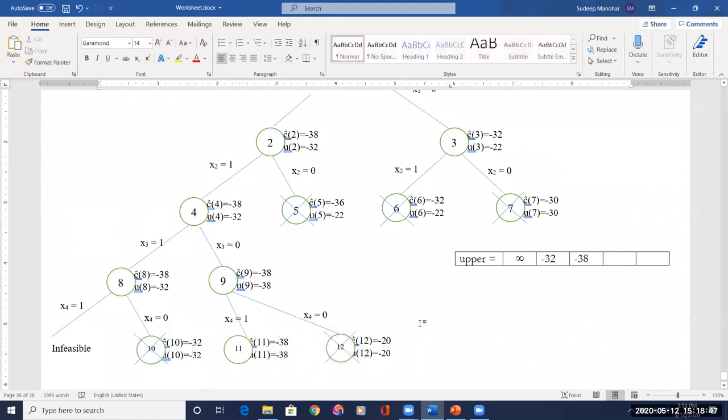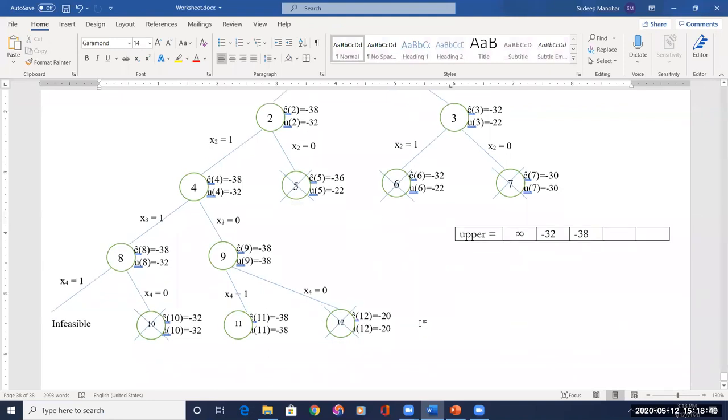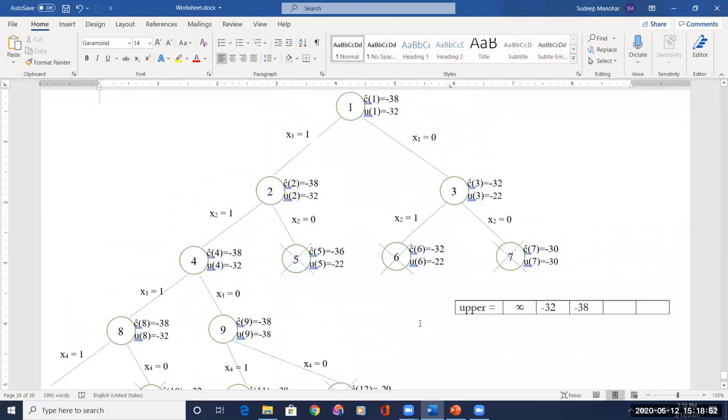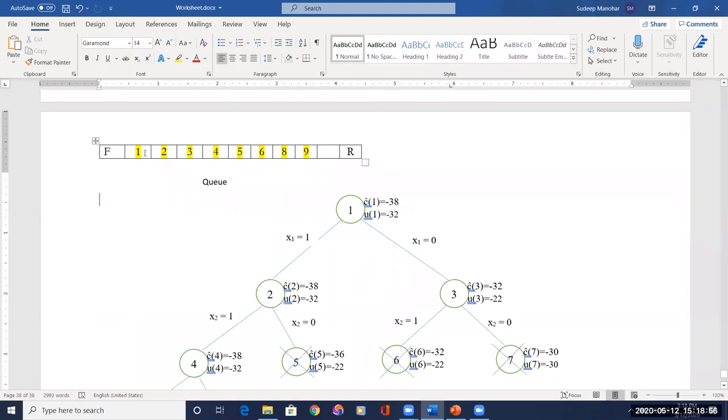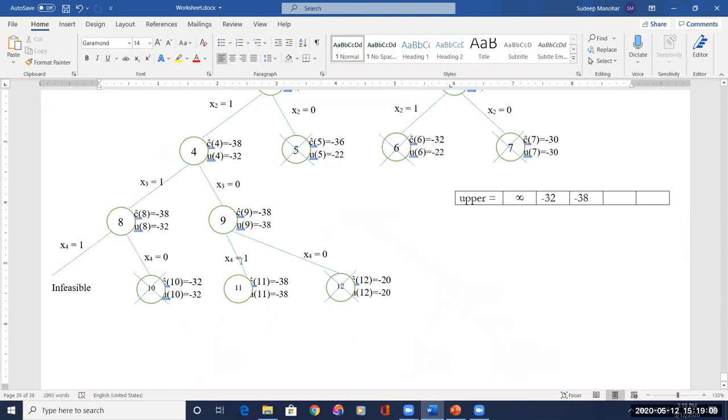Okay, next. Next, you are supposed to choose the E node. How to choose the E node? Look into the queue. So there is nothing in the queue. All the nodes that were in the queue are removed. They are deleted from the queue. There are no nodes. The queue is empty, and this tells that it is the end of the problem solving. And finally, whatever is left, node number 11 is the resultant solution for this knapsack problem.